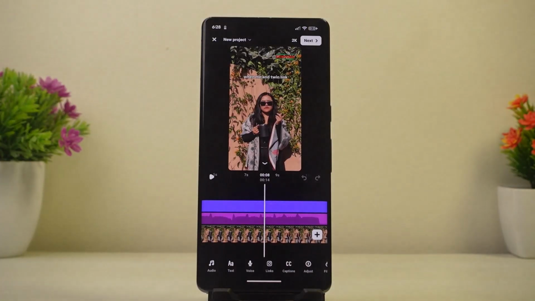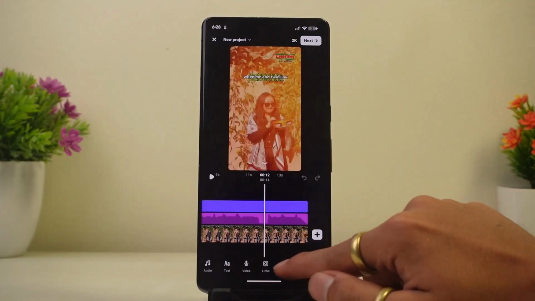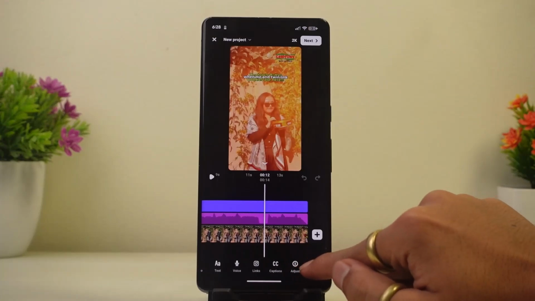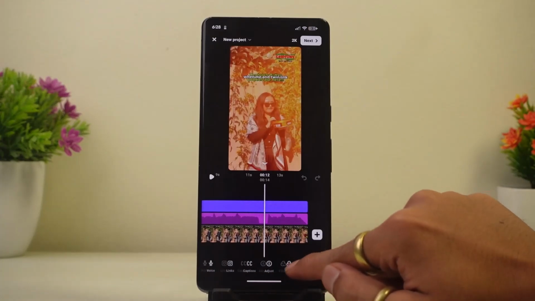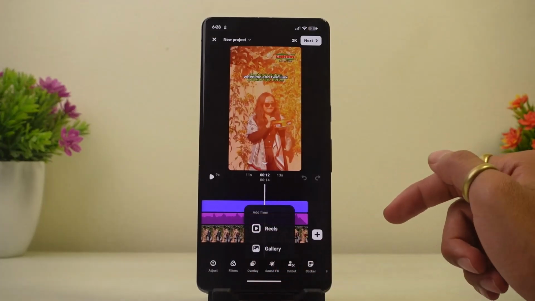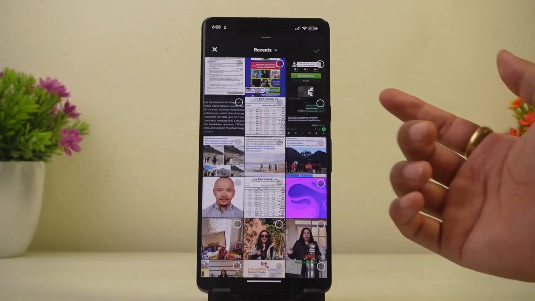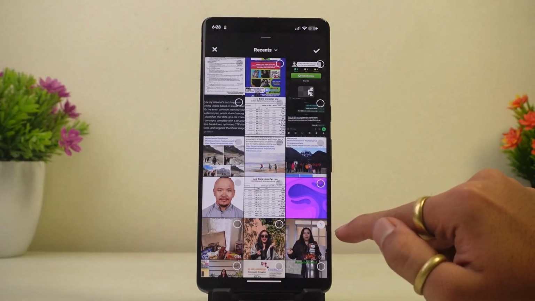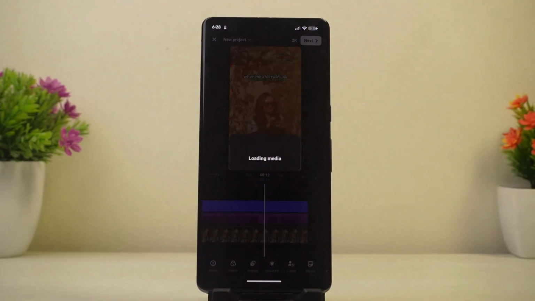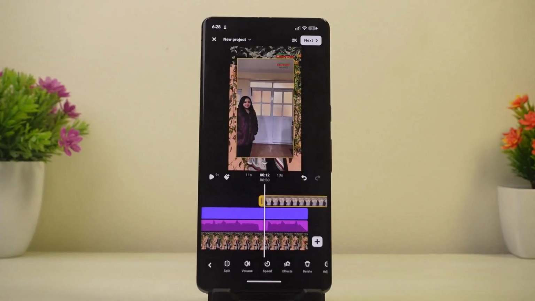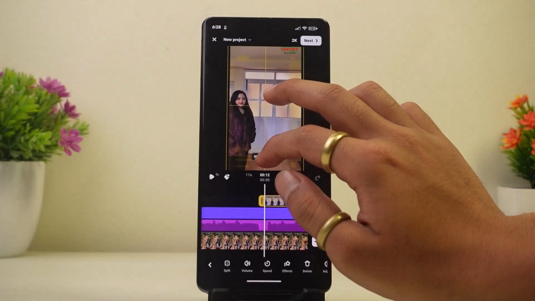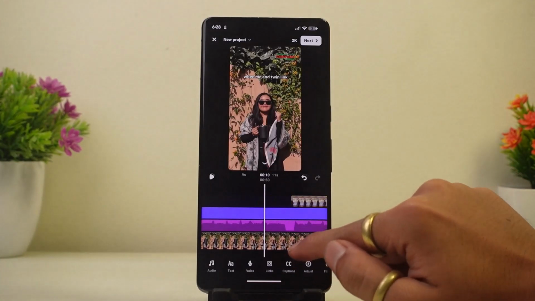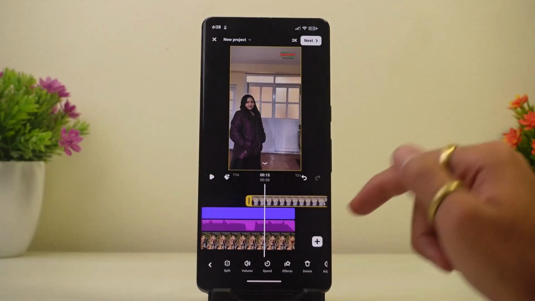And what you can do is go ahead and tap on this overlay option, which you will find on the bottom navigation bar. Go ahead and click on it, then select one from the gallery or just select any reel. Now once you select that video, go ahead and tap on this tick mark. And once the video has been added to your timeline, what you can do is to get the animation feature, you can simply select this